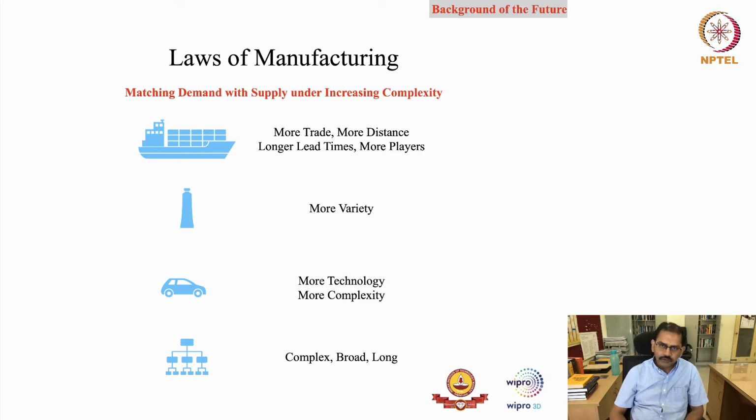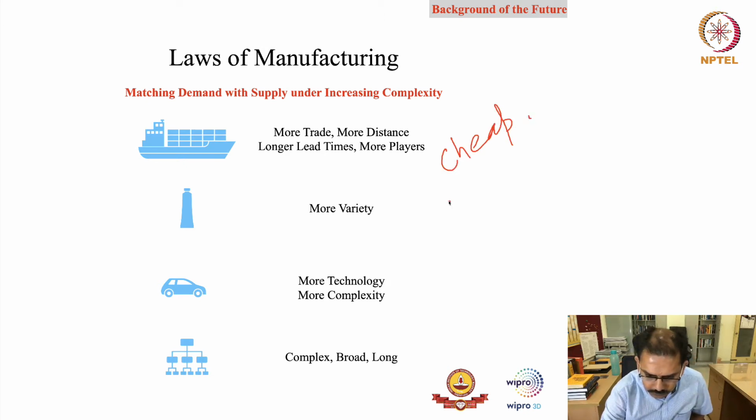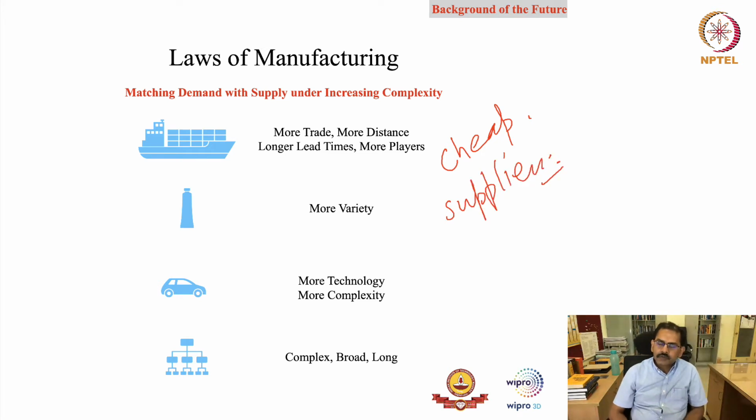So you see more trade with more distant players, and I think the whole idea of looking for cheap suppliers, right? So the cost arbitrage comes in, and one of the objectives was to make always faster, cheaper, better. So cheaper is, instead of making it here, let me outsource it maybe to some countries like China or even India, right? And you look for cheaper suppliers, and we already have seen the benefit that comes along with the outsourcing in terms of economies of scale and experience curve, right?